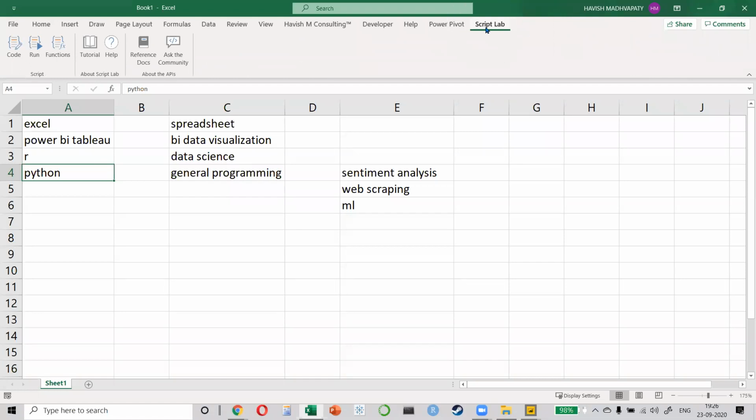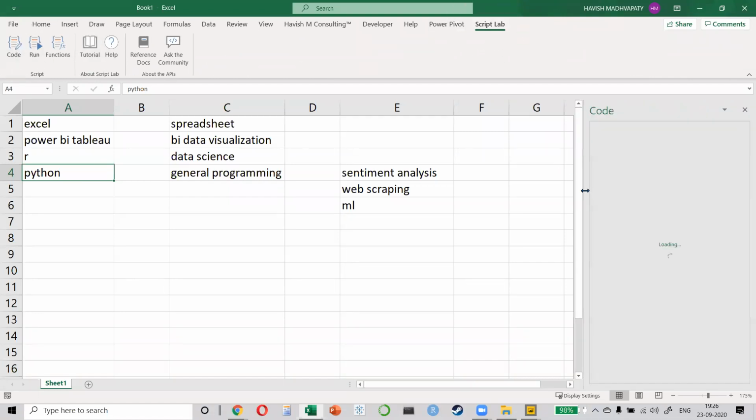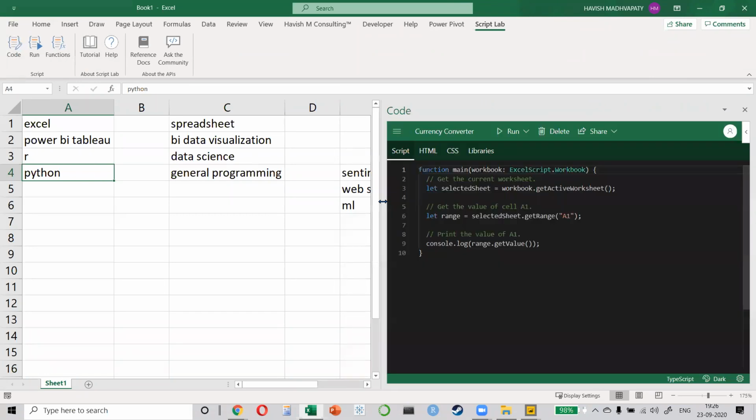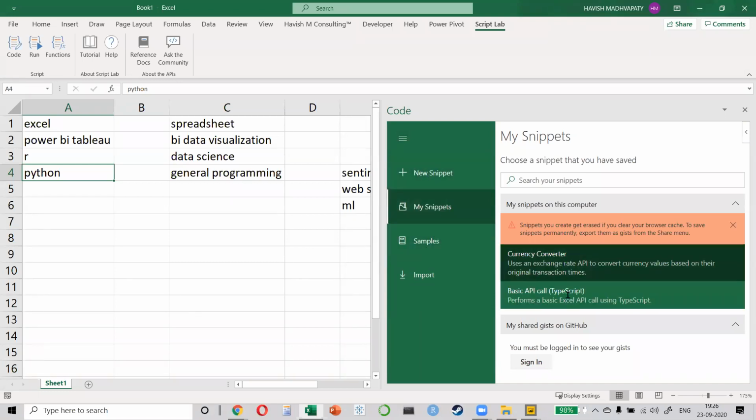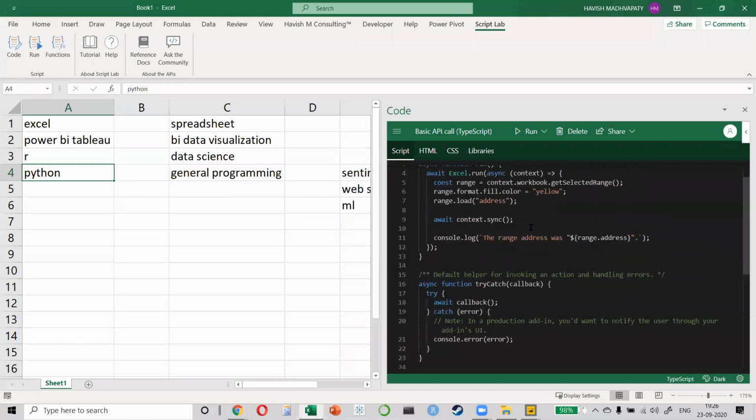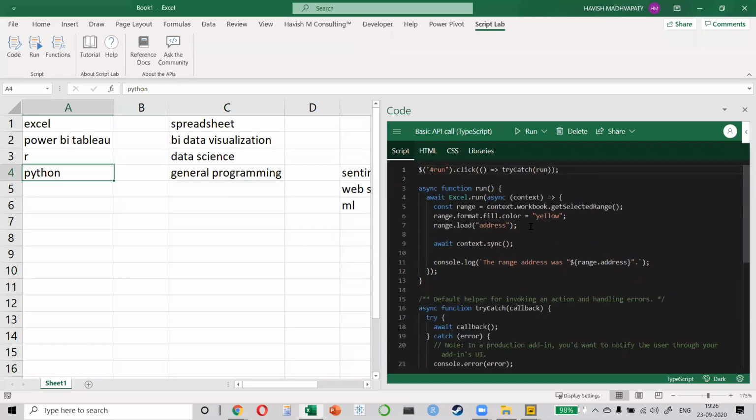If you look at this option called Script Lab, you will notice that Excel has now shifted to JavaScript. So I can actually run JavaScript code in Microsoft Excel, right? Now, why am I showing you all these things? The reason I'm showing you all these things is to tell you that you can't escape it. If you are going to work in a company where you work on Excel, which I'm sure you will, 100%, and you don't know these things, then you can't call yourself an advanced user. I mean, it doesn't make sense, right? Like people say, no, I am an advanced user of Excel, but I don't know programming. There can be no buts and ifs in it. If you want to be an advanced user, then you have to learn programming.